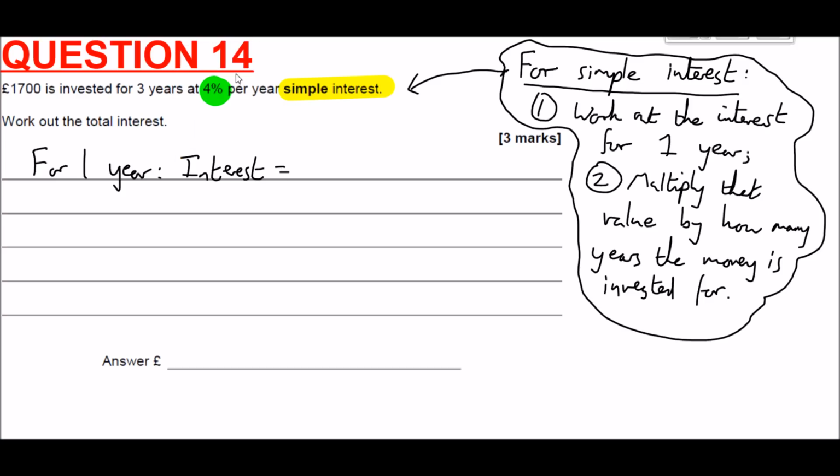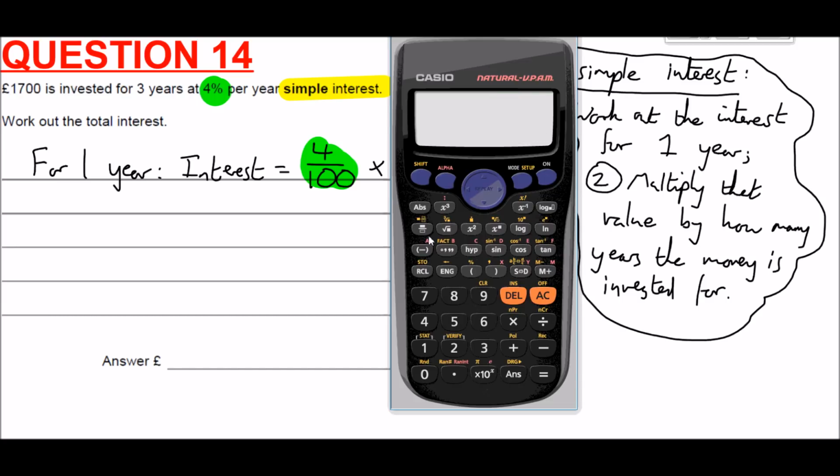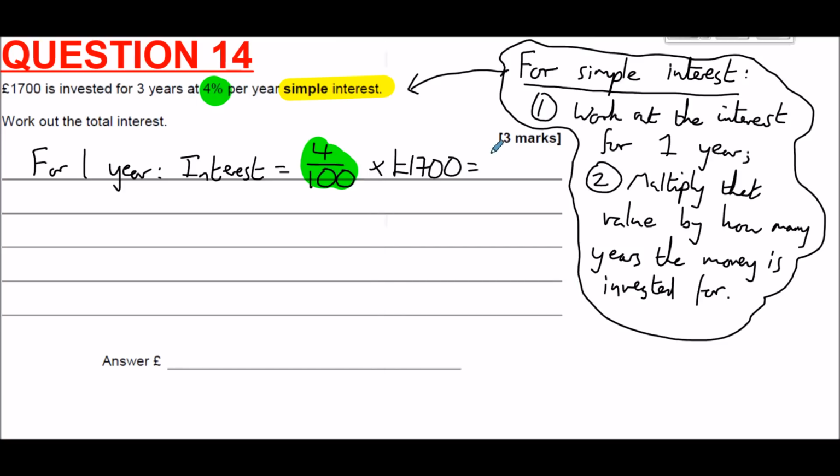So 4% means 4 out of 100. By definition, percent means out of 100. And so 4% of the original amount we can work this out. So 4% of 1,700 comes to £68. So for 1 year, the interest is £68. Step 2, I said multiply that value by how many years the money is going to